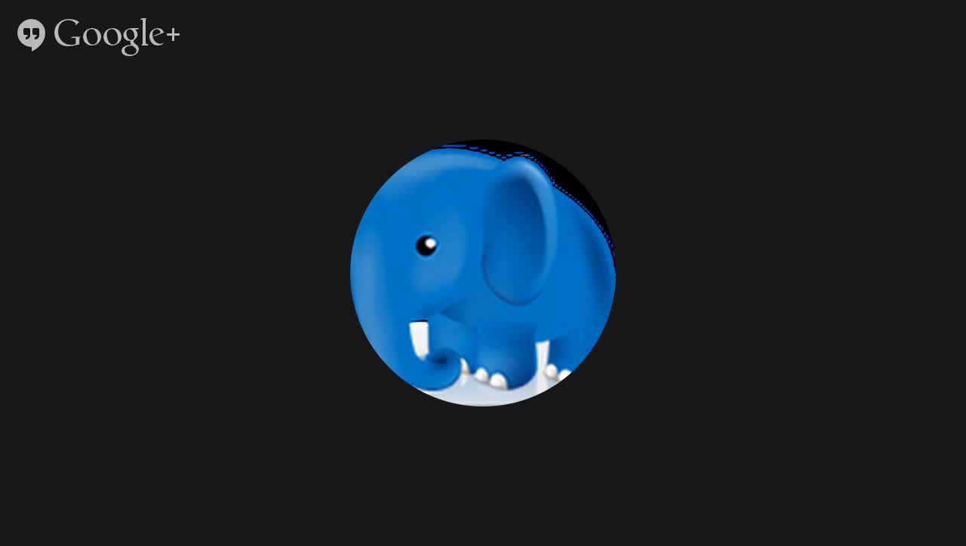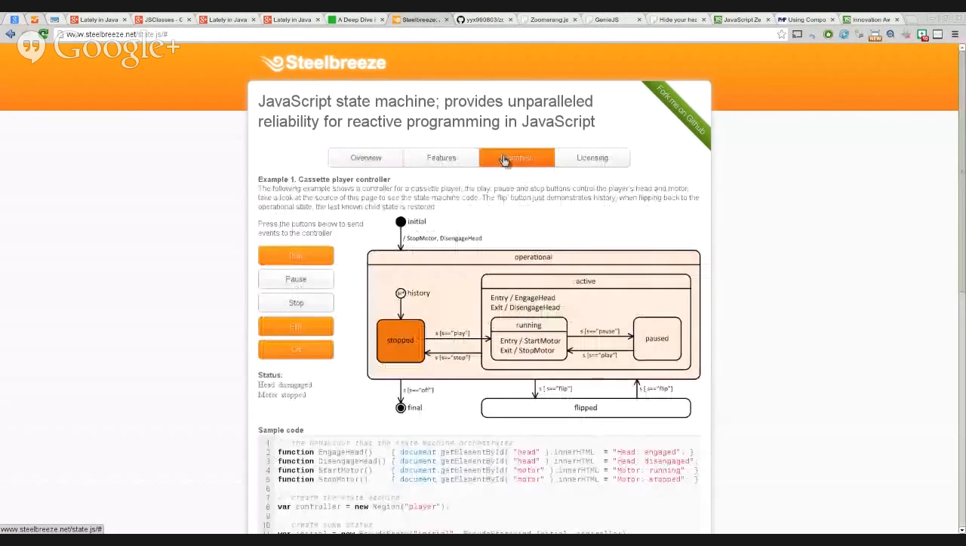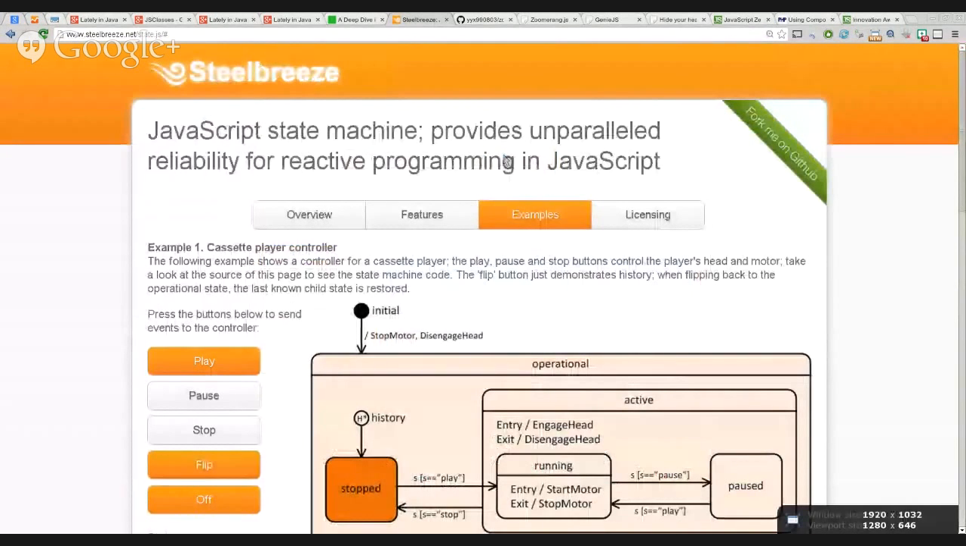So we are now going to move on to a different library, also not very usual, at least in my point of view. It is called Steelbreeze. Steelbreeze is a library for processing states and transitions of state machines. I also had a hard time trying to figure out how exactly this works, because looking at the example here, trying to zoom it a bit to make it more clear,